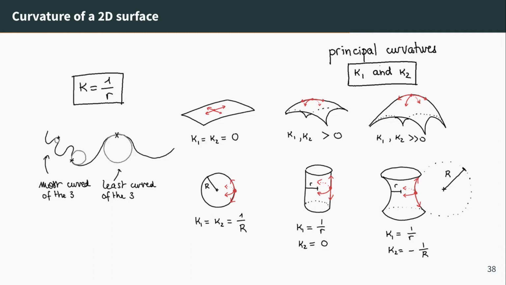Okay, so this is the abstract definition, but let's look at basic examples. So first, a plane. On a plane, all the geodesics are straight lines, and so the value of the curvature does not depend on the direction. So the value of the curvature with respect to the angle, it's a constant function. And so you have kappa 1 equals kappa 2 equals 0. It's very flat. Now, you look at this type of surface, slightly curved. Here, in both directions, like in all directions, you observe something which is curved like this. And so we say that kappa 1, kappa 2 are positive, but not too large.